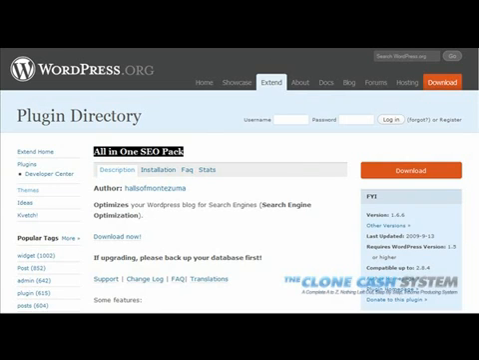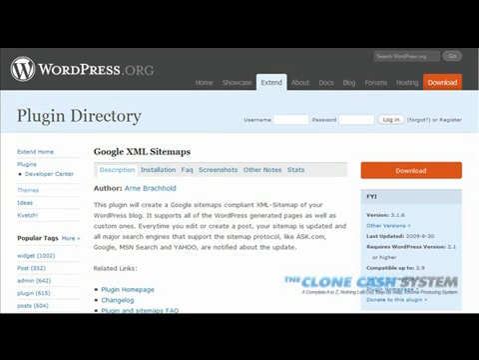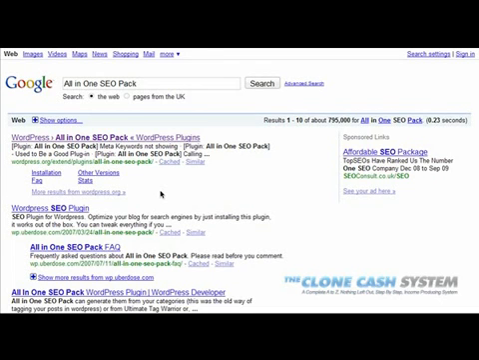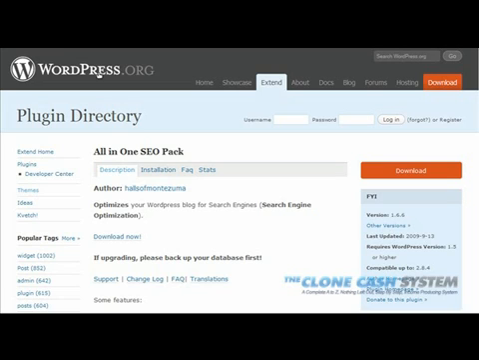and type in... okay, go to Google, type into Google all-in-one SEO pack and click on the first result you get, which is WordPress's home site. This is the plugin that we need, and to download, look, we just click download, click OK,